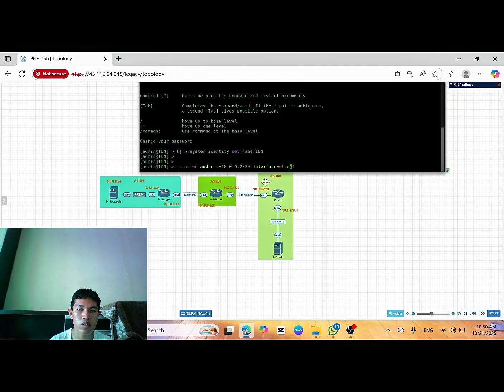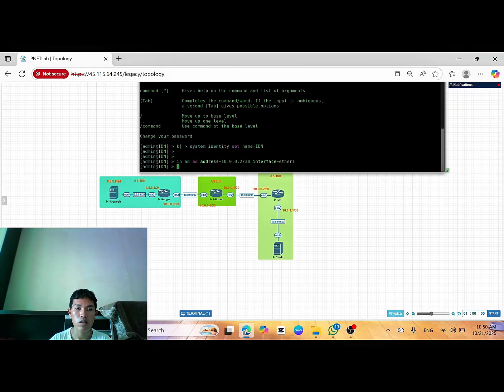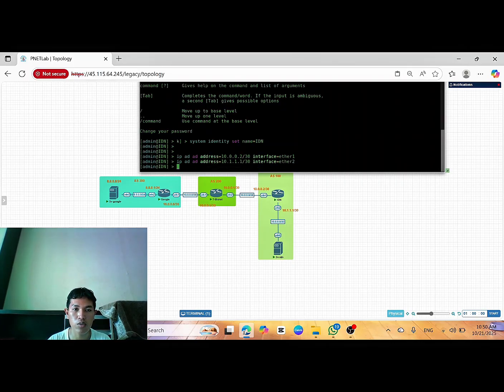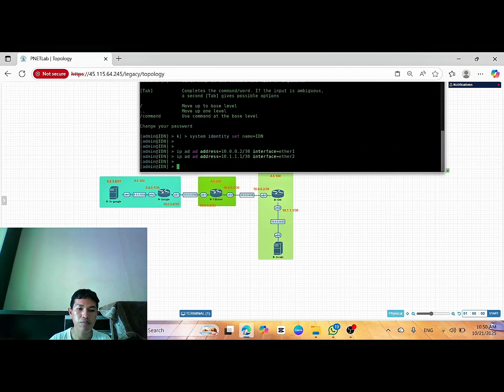You can see this is interface ether 1. Enter. For interface ether 2, for the server, I use 10.1.1.1/30 interface ether 2, like this.